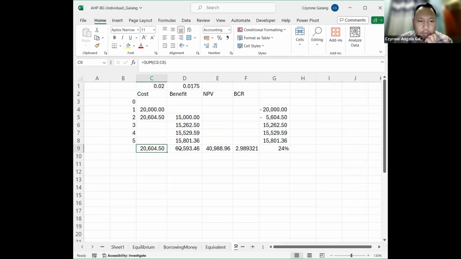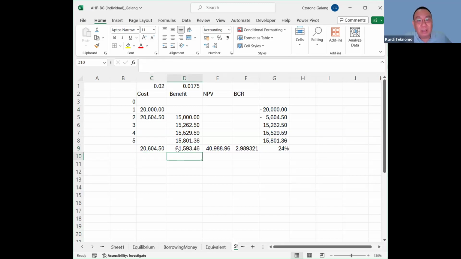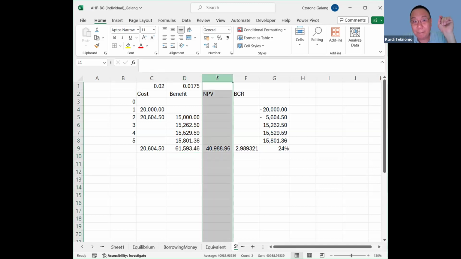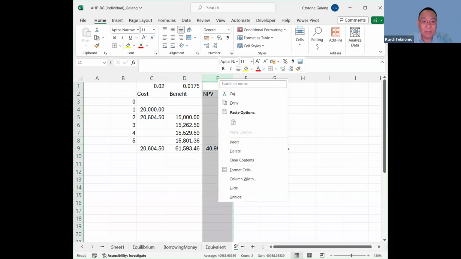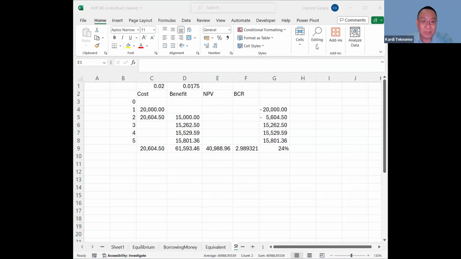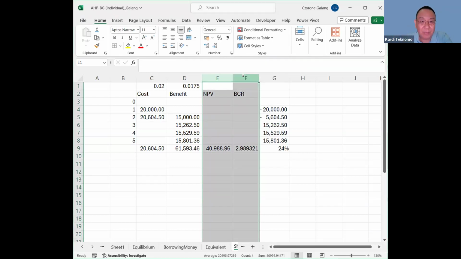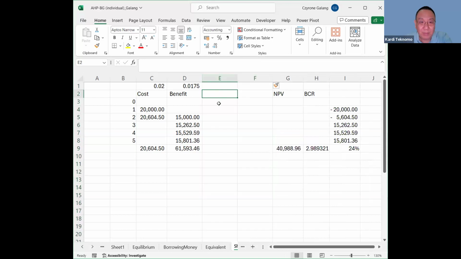This one, sir. No, you don't need to sum that. This sum does not mean anything because they are in different years, so you cannot sum. So insert two columns, yes, in E and F. Insert, okay, and then that PV of the cost, and then PV of